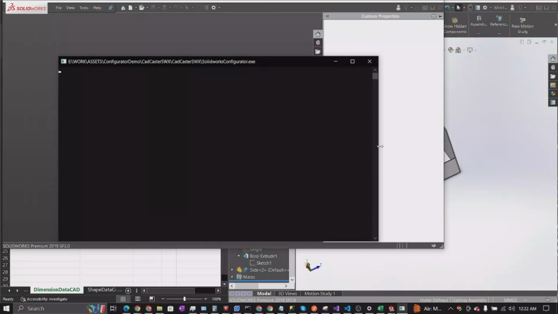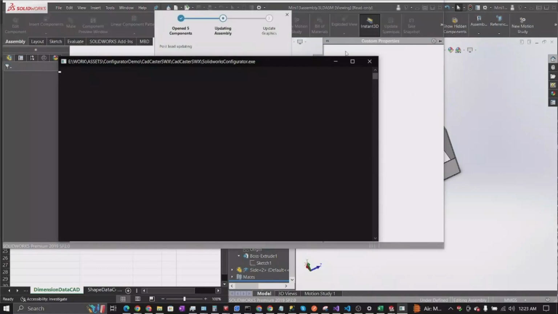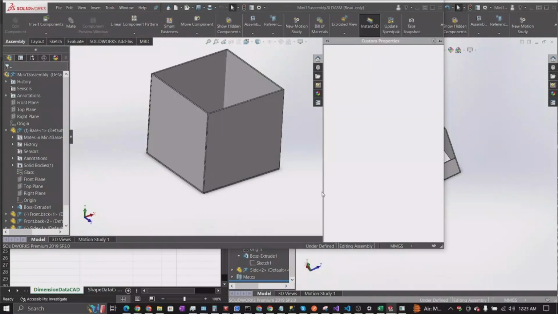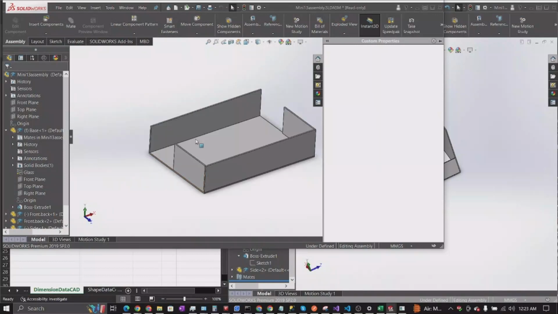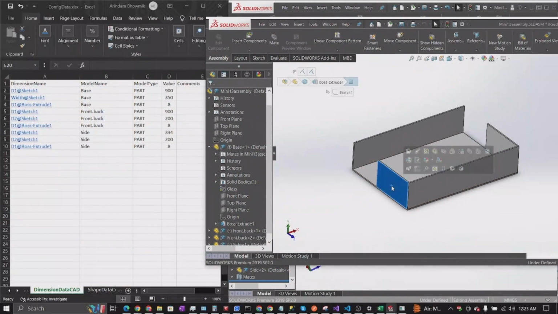So it's done with the reading. Oh, it's again launching Solidworks. That's a little strange, it will not allow us to modify. Okay, it modified, but the problem is